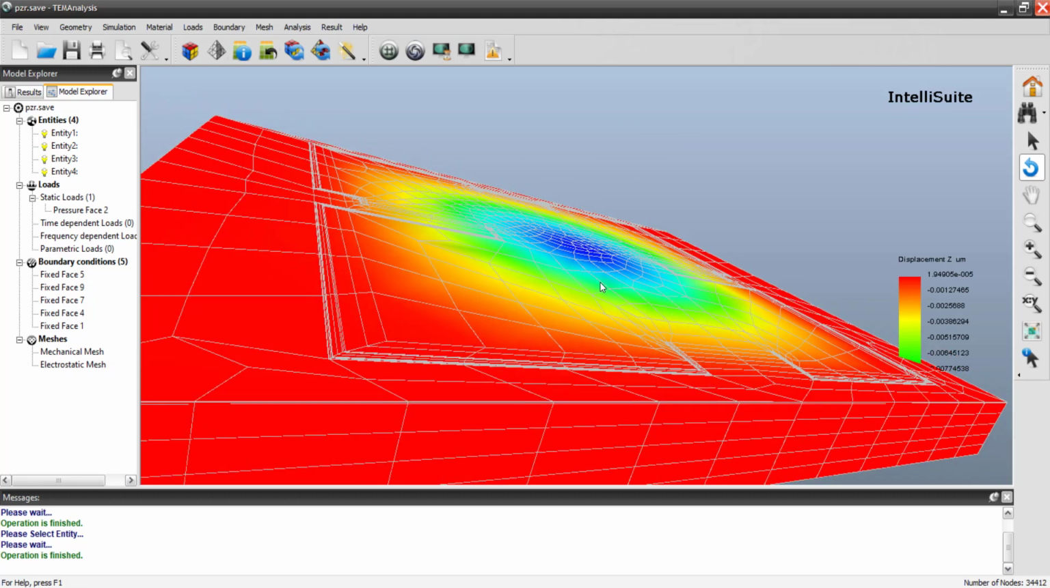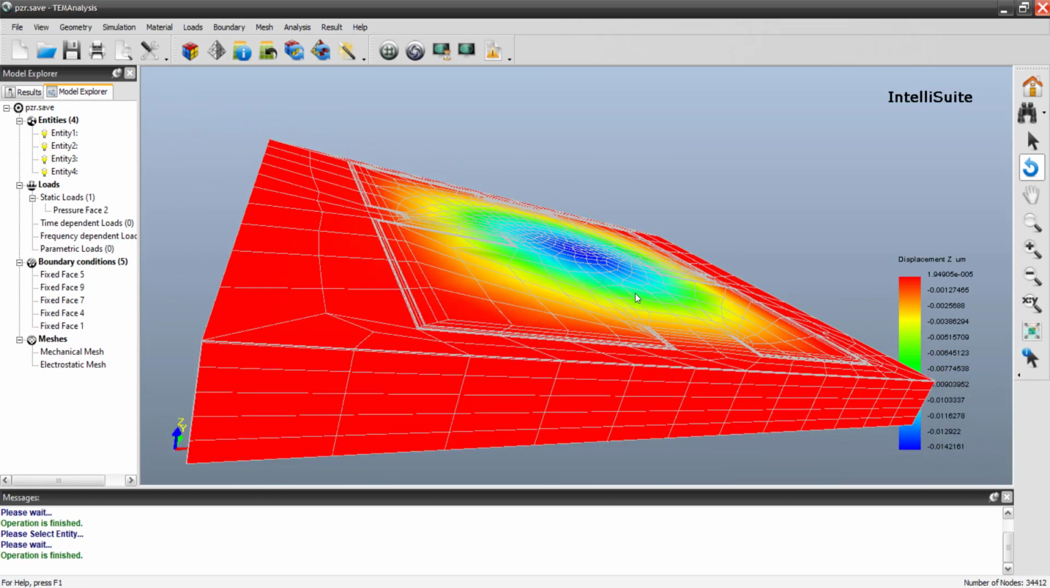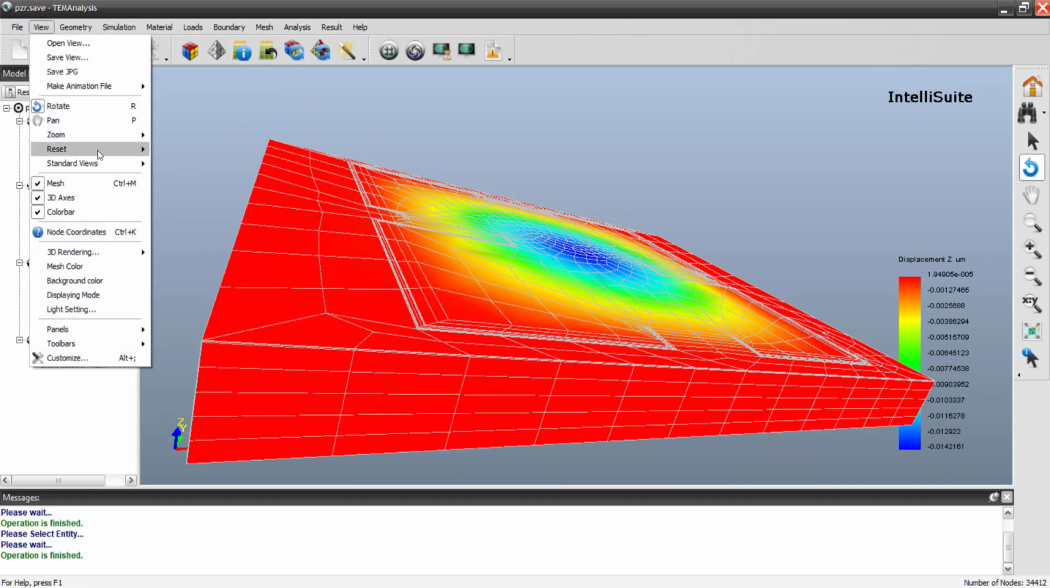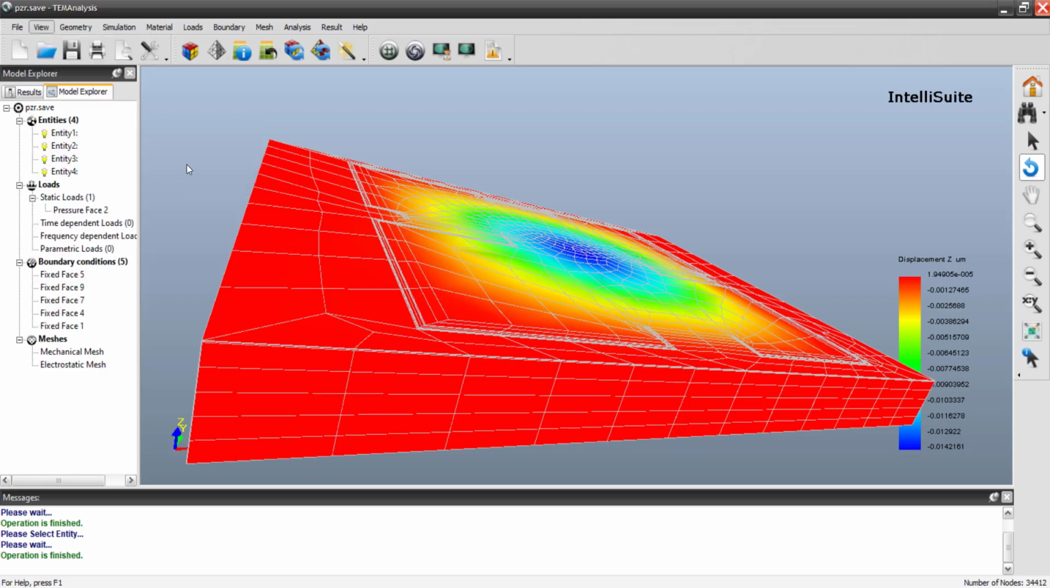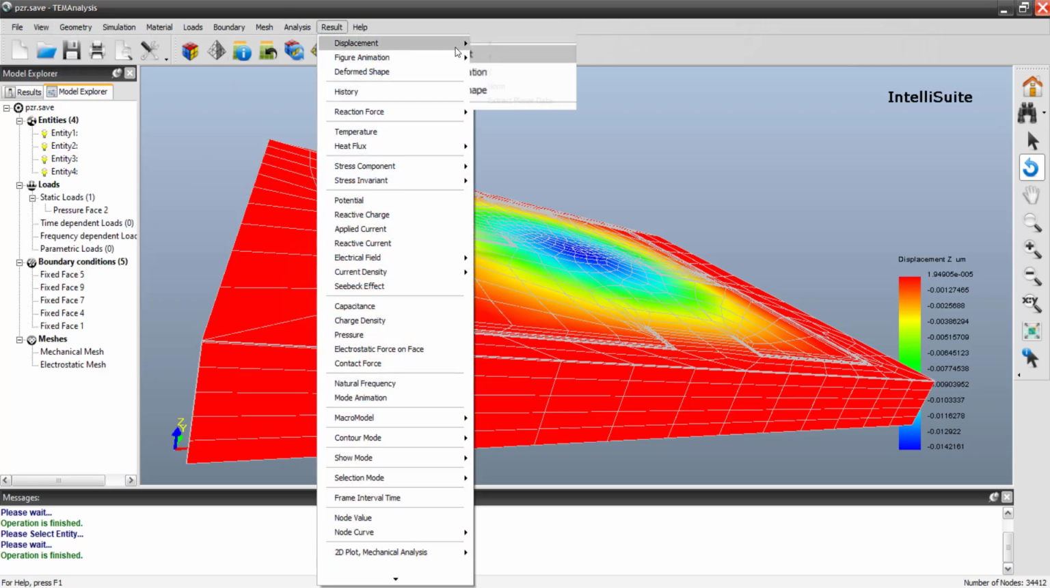So here the displacement is about 0.01 micrometer. So naturally it is very small. It's not visual, so it's not seen. Let me stop this animation. If you want to see it, we can scale it up